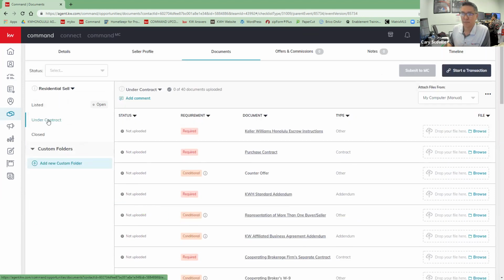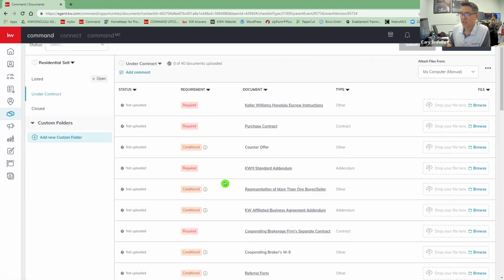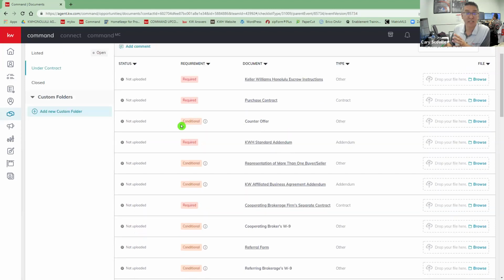Great. And then the under contract section is going to show you what is required. Per the layout, for the TCs and admins, you have escrow instructions, your purchase contract. Was there a counter? That's conditional.